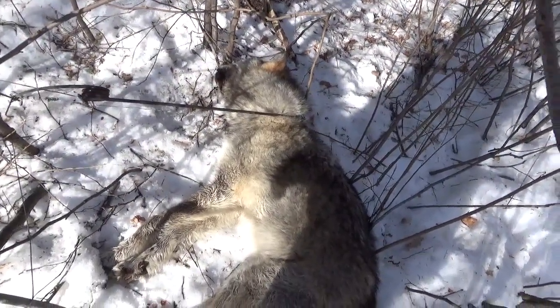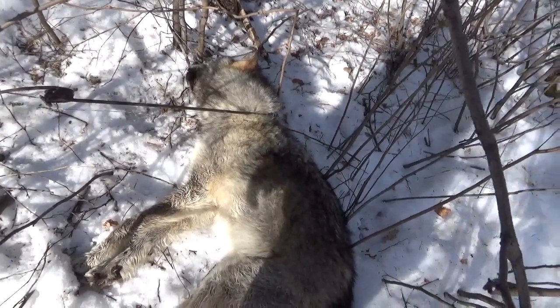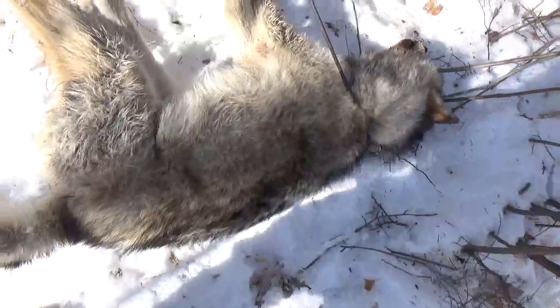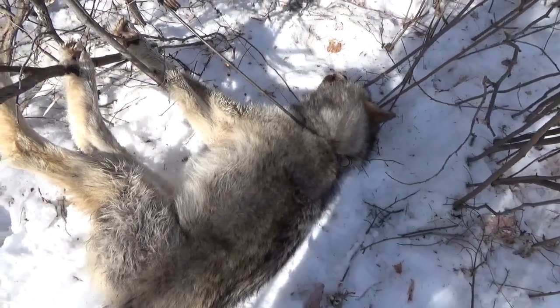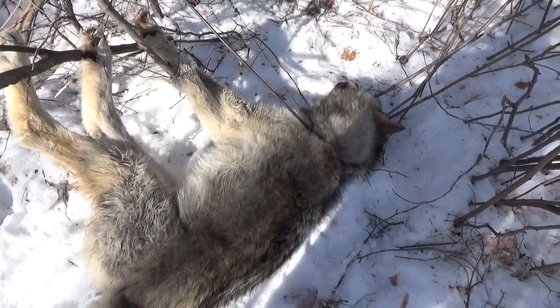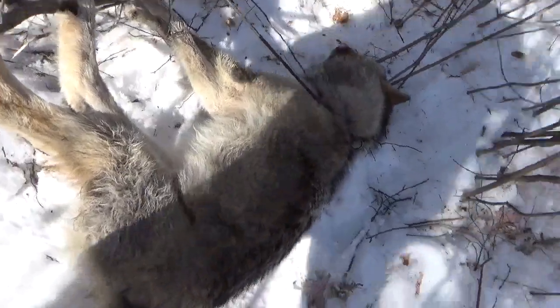I just set the snare. I think I had 8 here, and then I had put in 4 more, so I had a dozen here. Let's see what we got going on here. Oh, he's not too frozen down. Perfect. That's awesome. He was eluding me for quite some time here, and I don't know if there was just 1 or 2, but